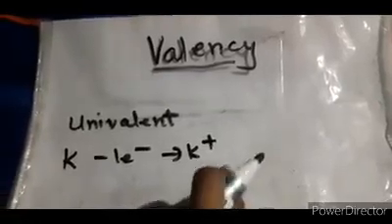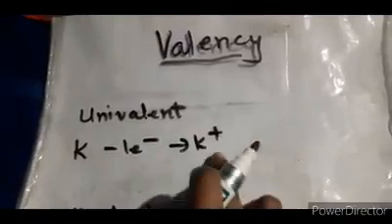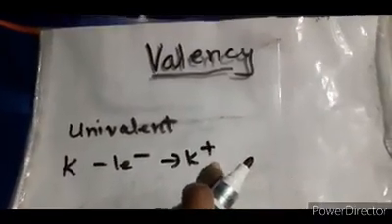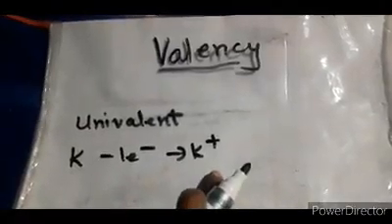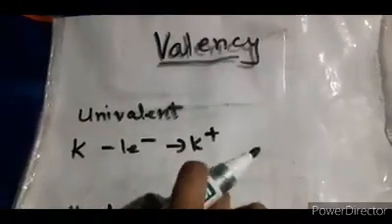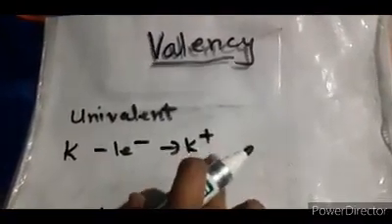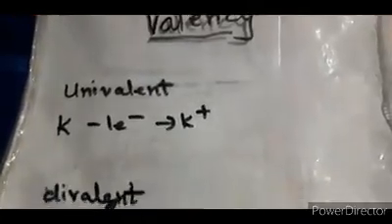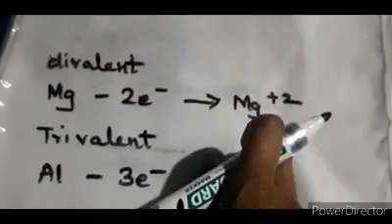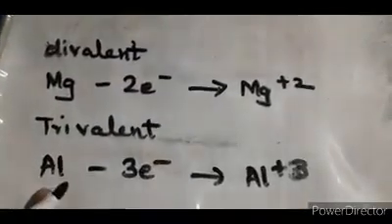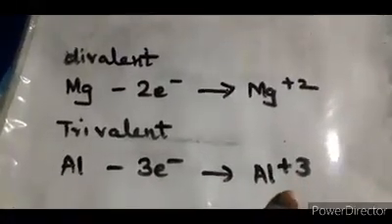Now you have seen that there are certain elements and you see these charges. We have already discussed that metals have a positive charge. This is also a metal having a positive charge, and it is univalent. Univalent means the element has only one valency. So why does this one valency arise? Because they lose one electron from their outermost orbit and acquire a positive charge. There are also divalent cases. Magnesium, how many electrons will it lose? 2 electrons. That's why it holds a positive charge. Trivalent cases are also there. Aluminum loses 3 electrons and has a positive charge.